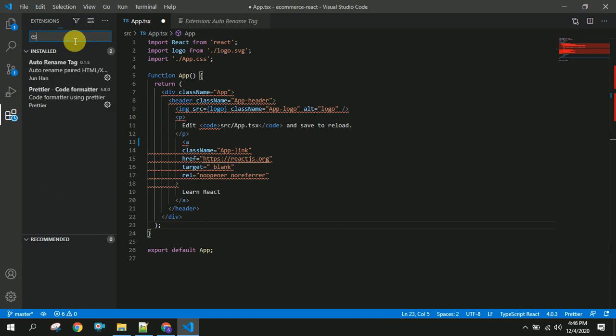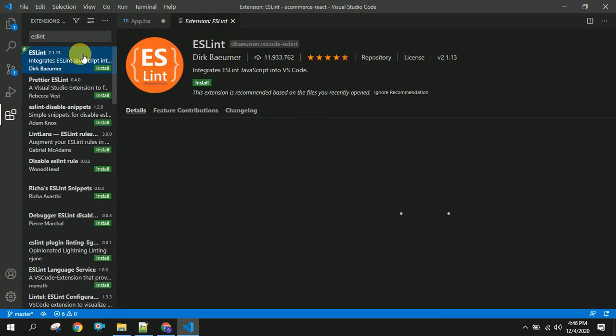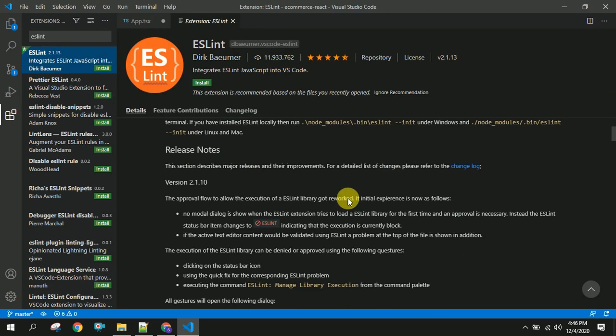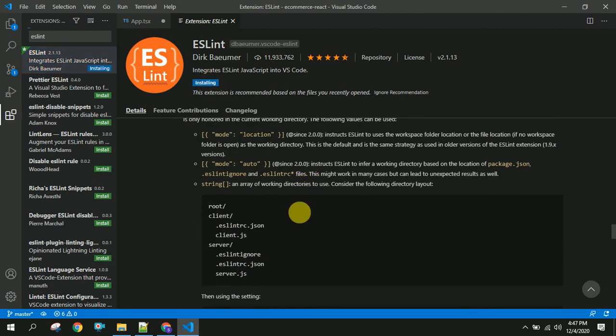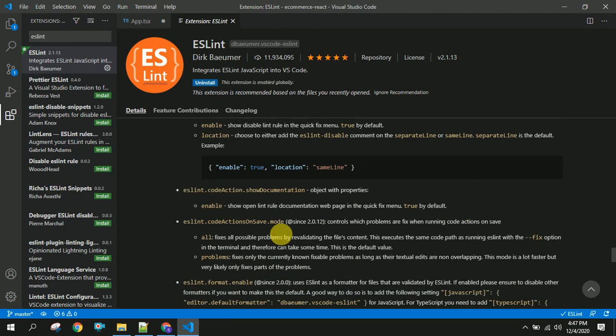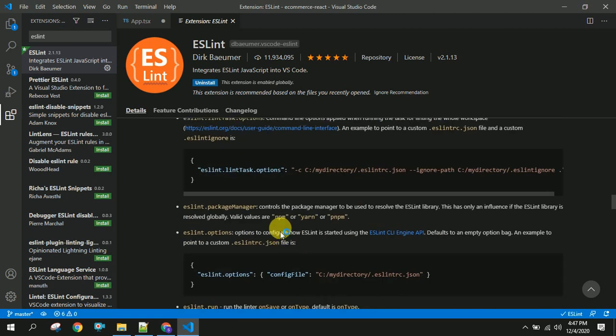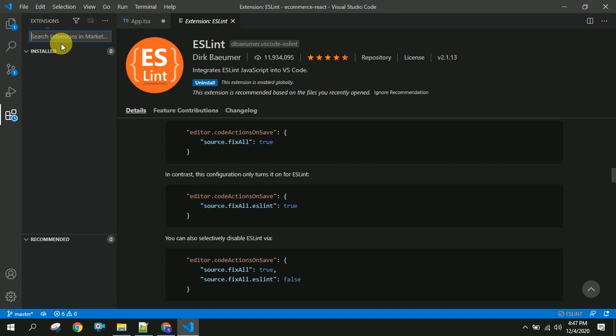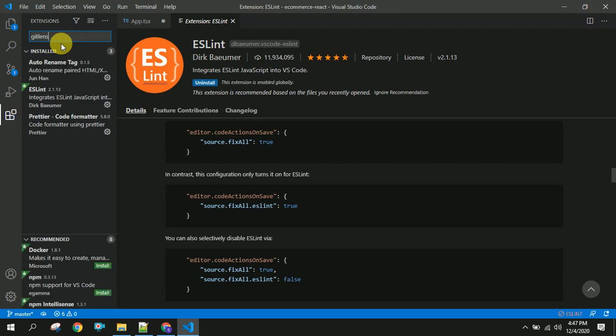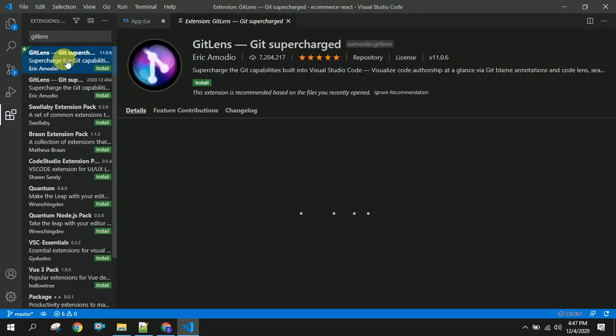And next one is ESLint. This is also one of the popular linters. You can install this. This is also one of the most important things we will be using in our real-time applications. Once I install this, the next thing is GitLens.